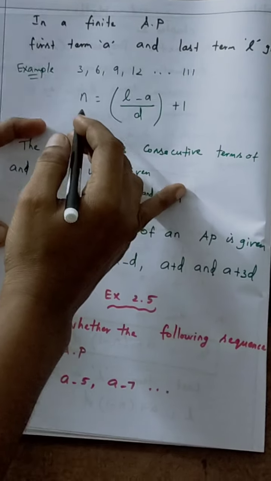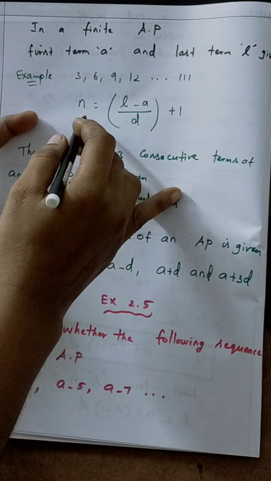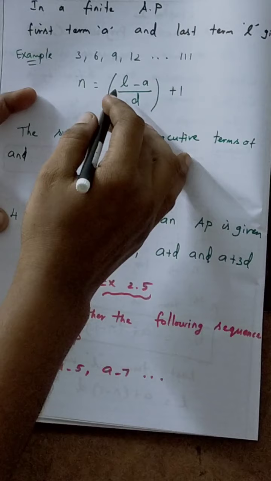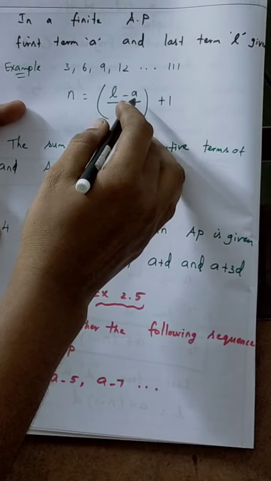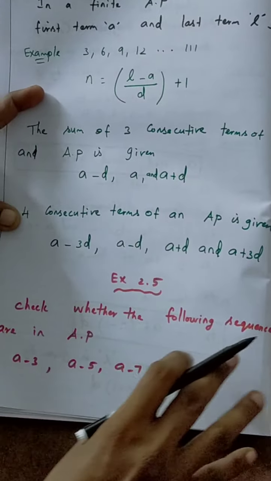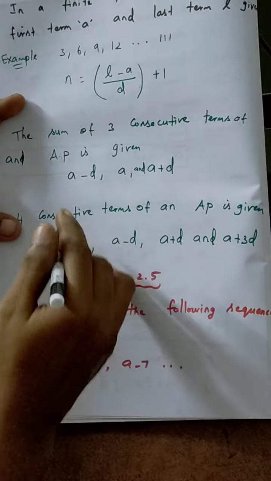This formula is only to find the number of terms. Just apply this formula: L is the last term, a is the first term, d is the common difference. Okay, the next one, the sum of